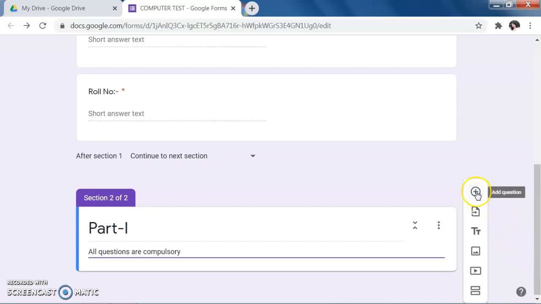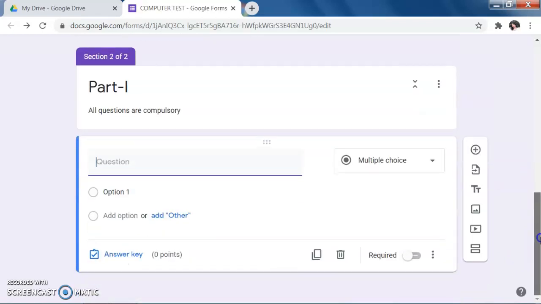Then you click over here for add question. So you can see this is added over here. Now suppose question number 1. Now suppose I am writing a question: How many bits are there in a byte? So suppose this is one question.